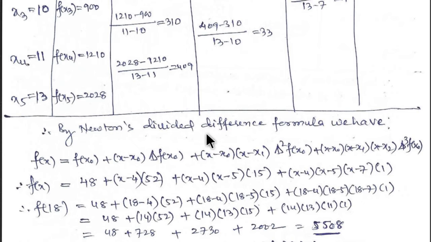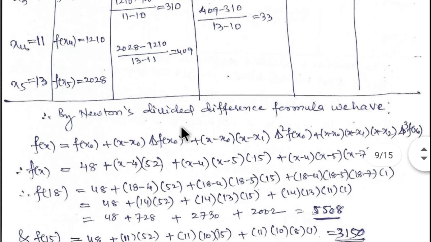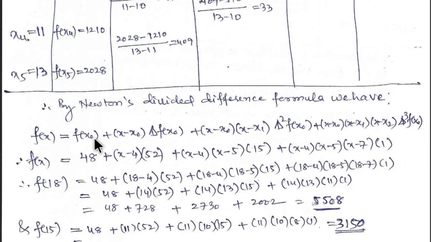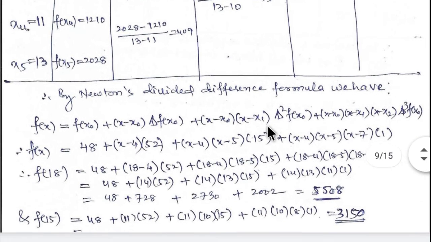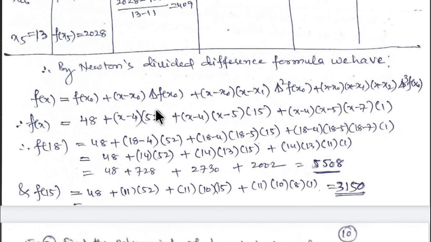Therefore, by Newton's divided difference formula, you have to write f(x) equal to f of x0 plus (x minus x0) delta of f of x0 plus (x minus x0)(x minus x1) delta square of f of x0 plus (x minus x0)(x minus x1)(x minus x2) delta cube of f of x0. After these, delta fourth is 0. Okay, substitute all the values from the table, you get f(x) equal to